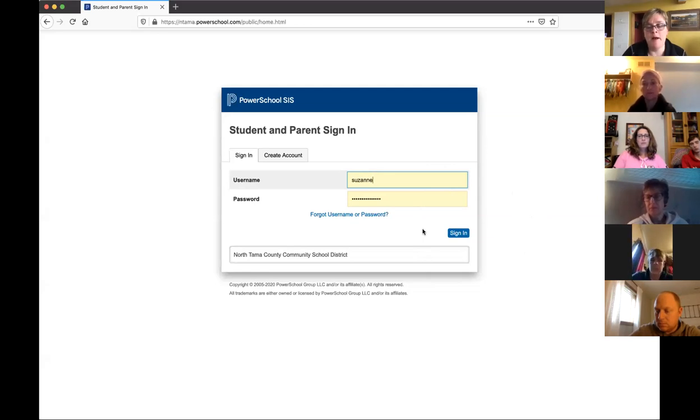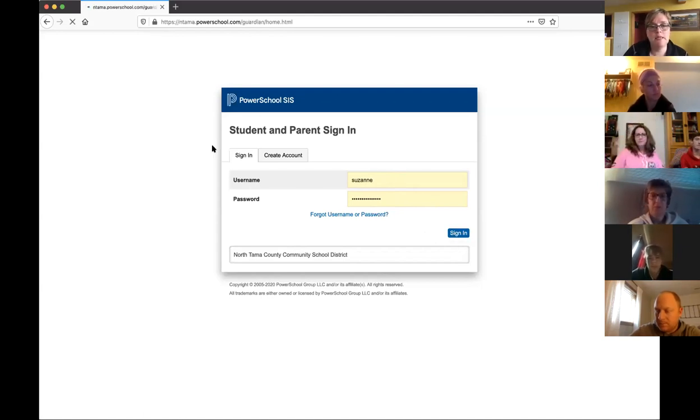And by now, you guys should be used to doing this. It hasn't changed. It can be done in either the student or the parent portal. It does need to be done in the browser. It cannot be done through the app. So you'd need to use Safari or Chrome or whatever you have. If you don't remember your username and password, parents can use the forgot username or password link. You can also ask Trish or myself for help with that. And then students definitely have to ask us for help. We'll send it to you.